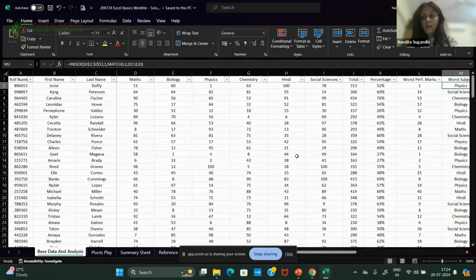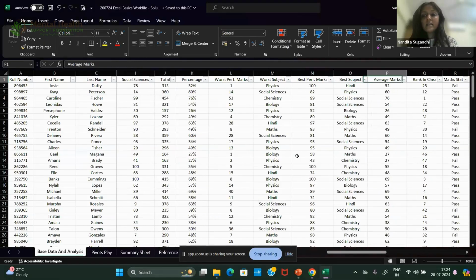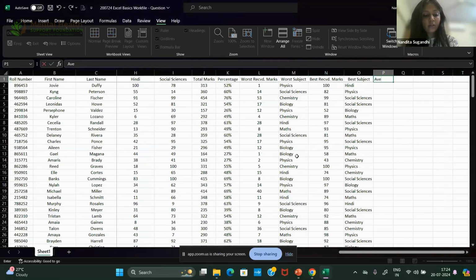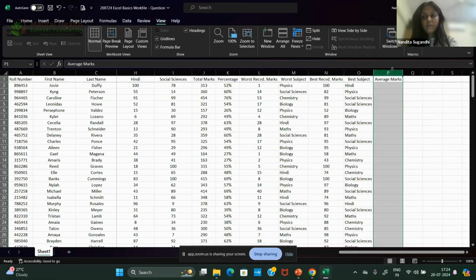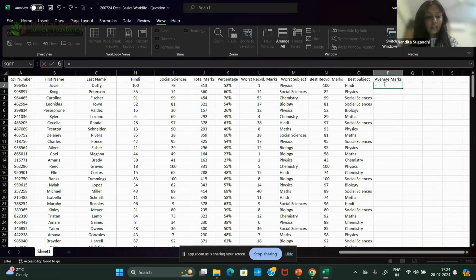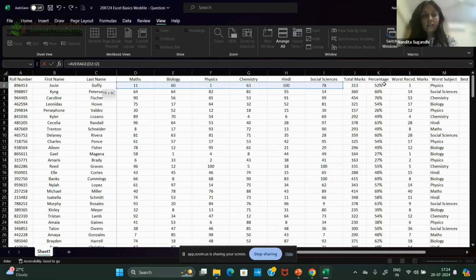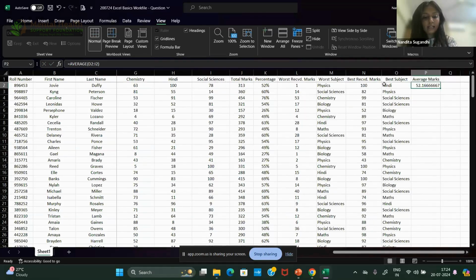Cool. So now I have best subject, worst subject. I also want to tell the parents what is the average performance of the student. So I just find out average marks, and that's a very simple formula. You just select equals average, and you go and select the subject marks and close the parenthesis and hit enter.